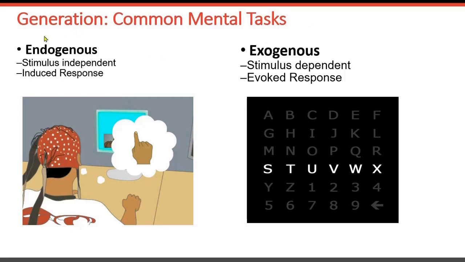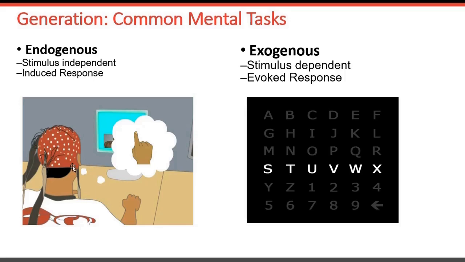So endogenous depends on the experimental paradigm that doesn't depend on external stimulation. So subjects can generate brain signals independent of external stimuli. We also call them induced response. So it's internally induced response. For this class of experimental paradigm, there are some tasks such as imagination of the limb movement, or motor imagery,